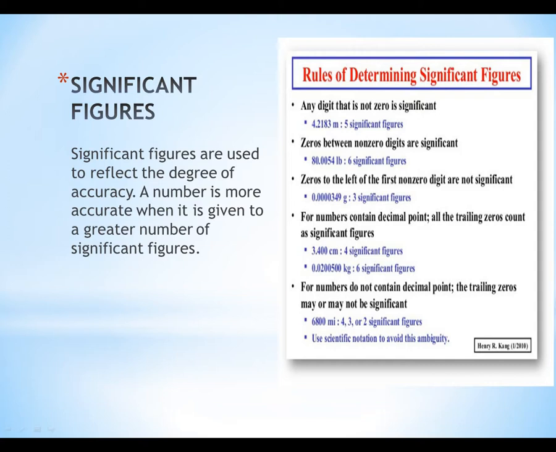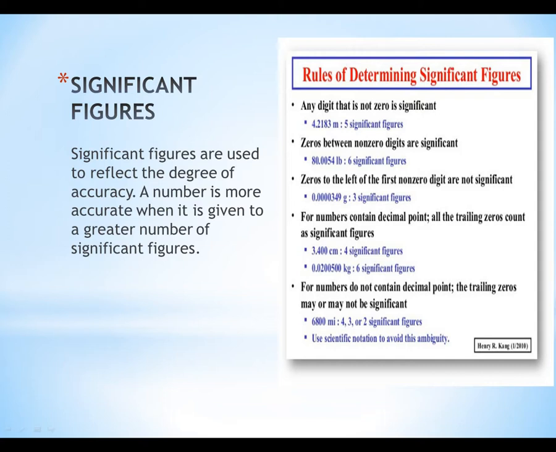All the non-zeros are significant. All the non-zeros are significant means that only 0 is the one that is not always significant. It may depend on the situation, in some situations it is significant, and in some situations it is not significant, but all the non-zero digits are significant. It is a must. Here is an example for this, 4.2, so these are all non-zero numbers, so it means that all the numbers are significant.